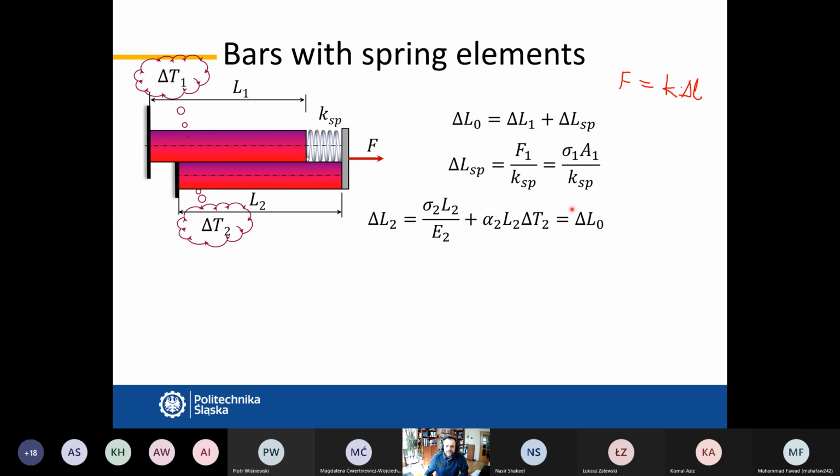And that will also be delta L0, because delta L0 is measured exactly at the end of L2. So delta L2 and delta L0 are the same. Here, delta L0 consists of elongation of the member plus elongation of the spring. If we join them together,